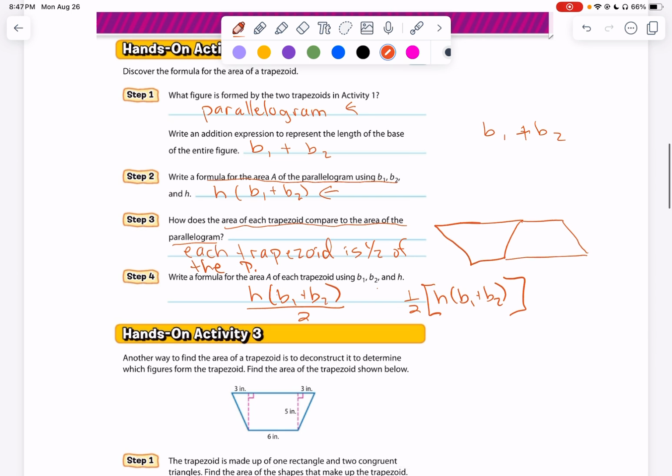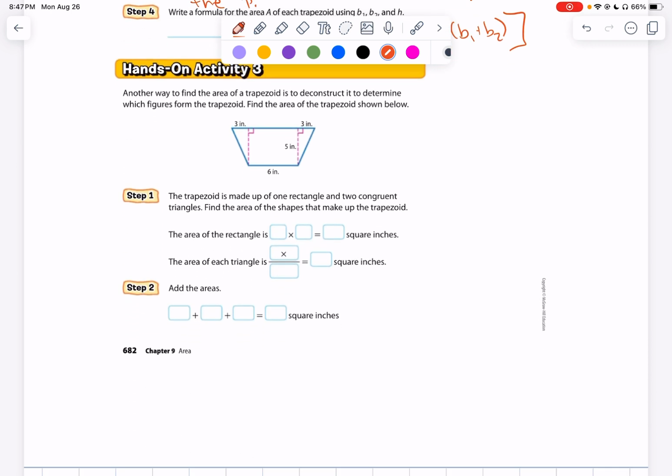There is another way to find the area of a trapezoid. And this picture right here really helps you to see it. When you draw in the height on both sides like that, you can clearly see that you actually have a rectangle and two triangles. Oh, so could we find the rectangle? The area of the rectangle is length times width, 5 times 6, which is 30. And then the area of the triangles, the area of each triangle is,